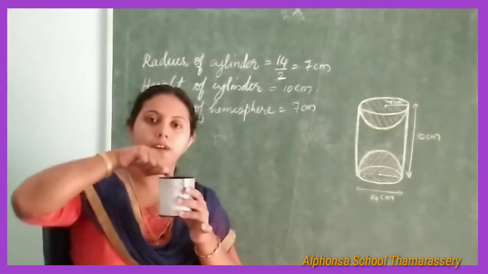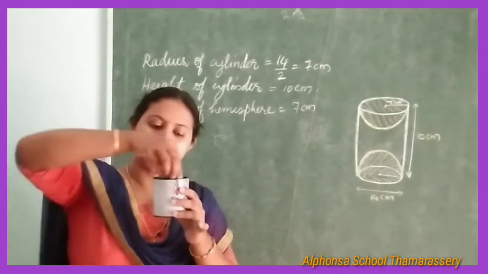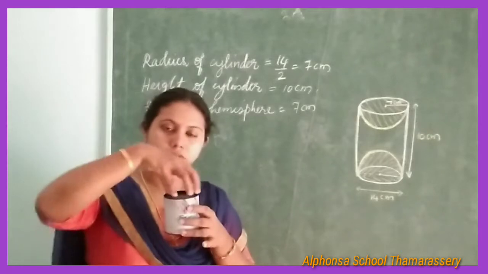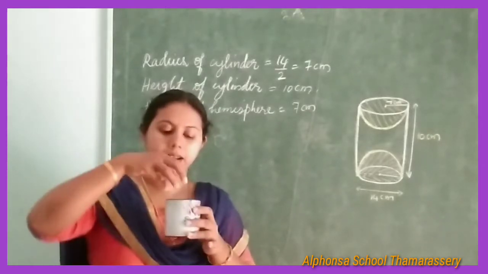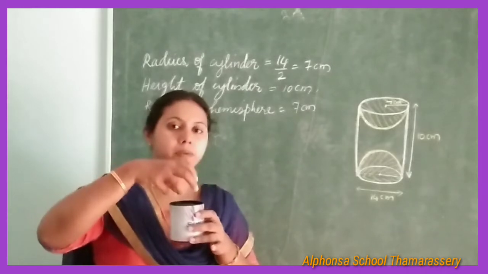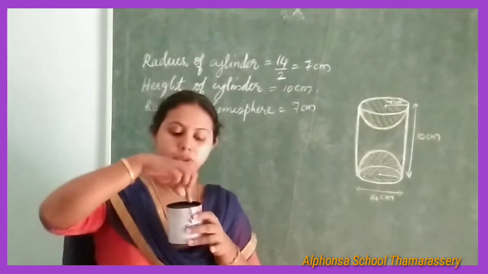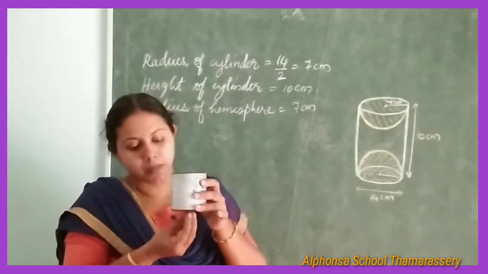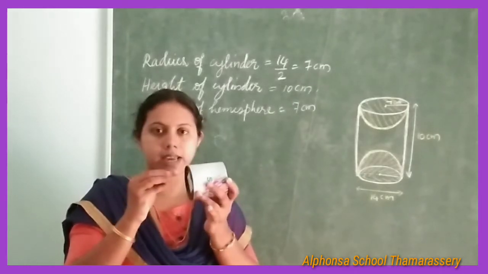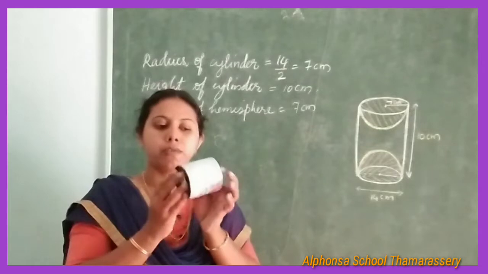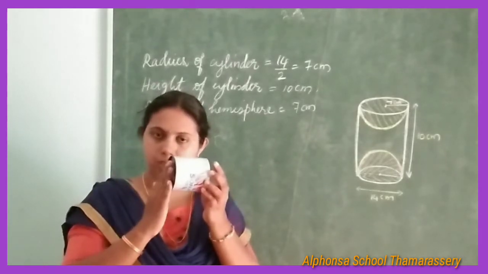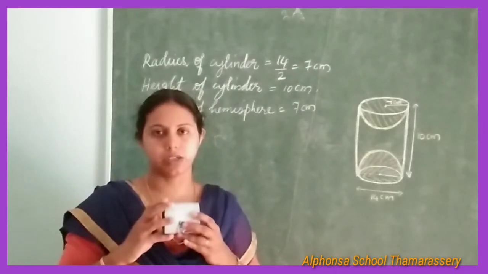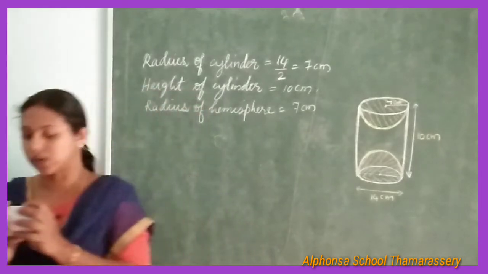If suppose this solid is like this, we want to find its total surface area. So the curved surface area of the cylinder plus the inner curved surface. Suppose this is a hemispherical shape, and you are scooping it out. Then the inside part will be a hemispherical shape, so we want to know the curved surface area of this hemisphere. And in the same way at the bottom also there will be a curved surface of a hemisphere. So we add the curved surface of this hemisphere plus the curved surface of this hemisphere plus the curved surface area of this cylinder. That will be the total surface area of this solid.